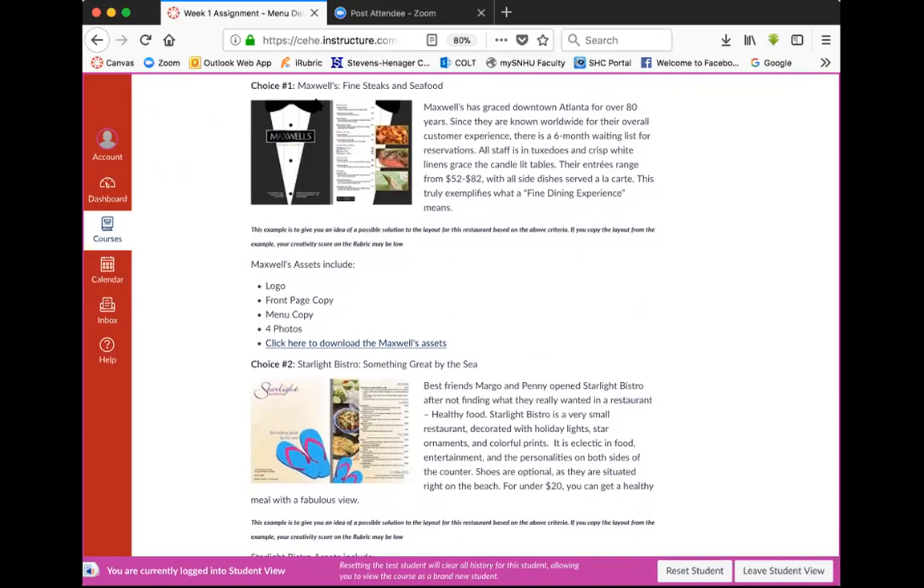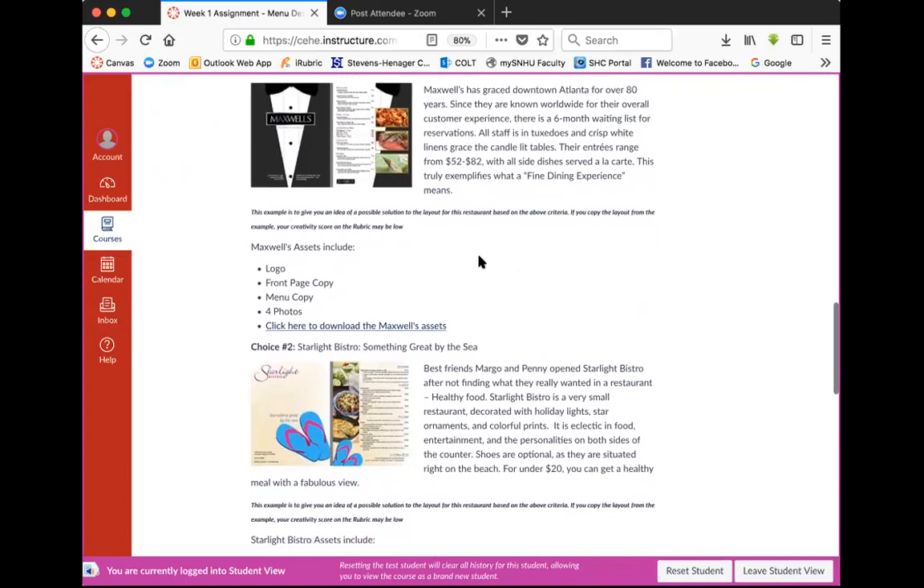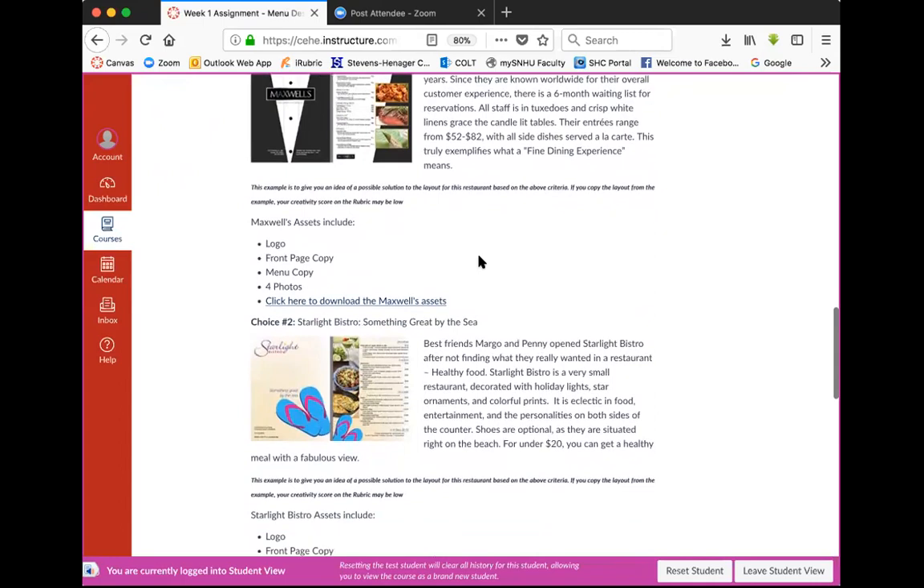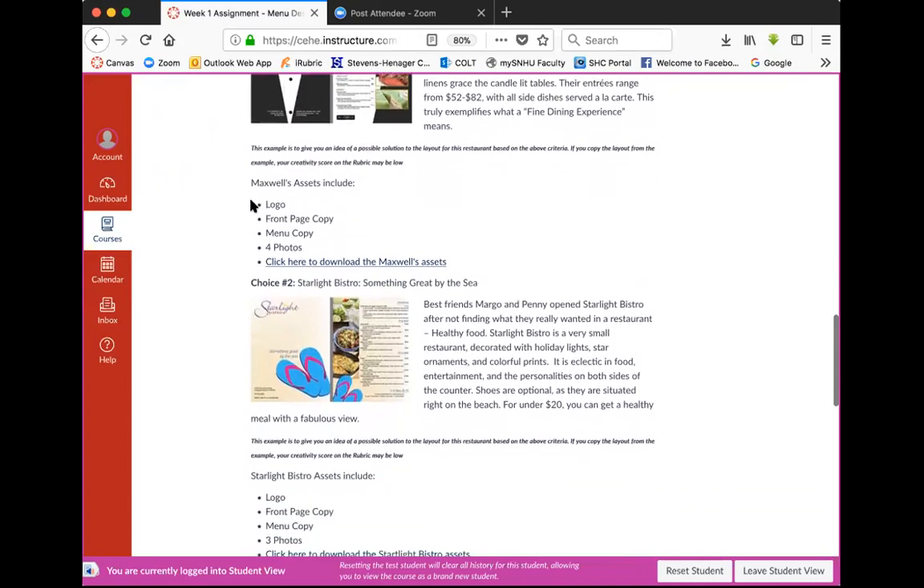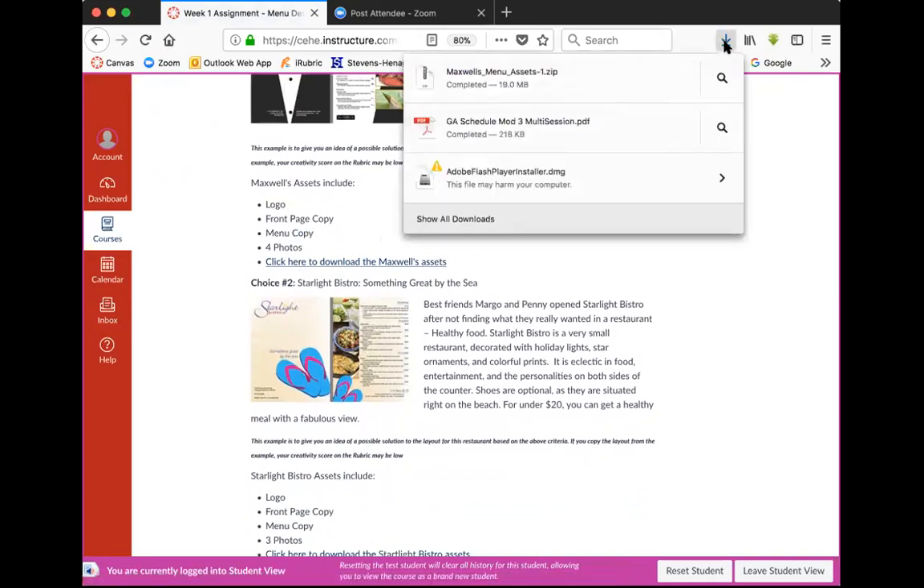This is giving you an example of what you could do, but don't copy it or else you'll have a low creativity score. Maxwell assets include logos. This is what you'll be given: logo, front page copy, menu copy, 4 photos, and then you click here to see all the assets. So let's take a look at those assets here. If I click on them,